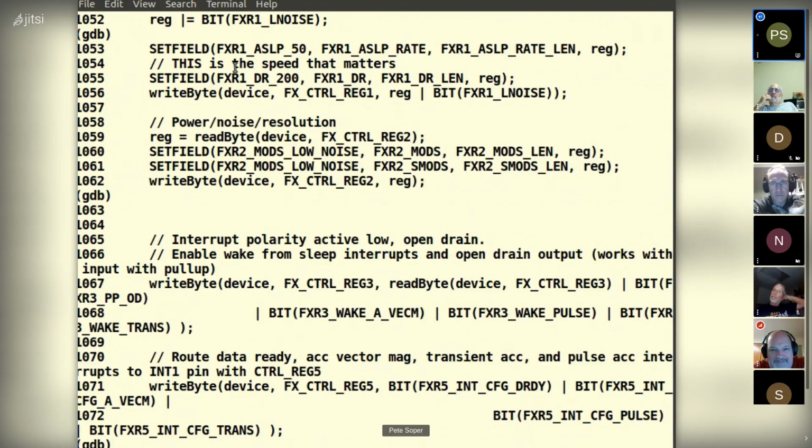Instead, it's all symbolic. And not only is it just vanilla, there's a set field macro, so you can set multi-bit fields symbolically. So this is setting the rate at which the chip samples when it's asleep, and this is the rate when it's awake. And those are set into the field, ORed in with other bits, and then written to the register.